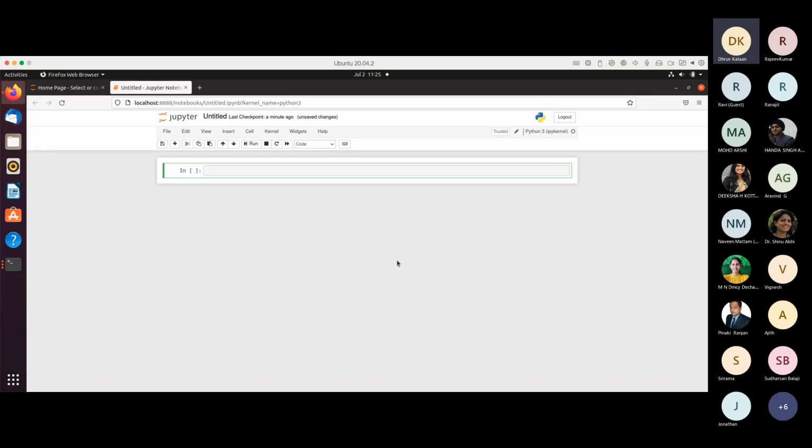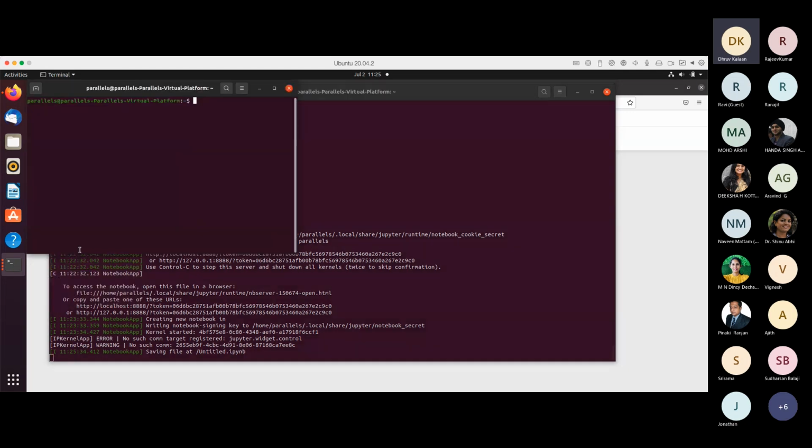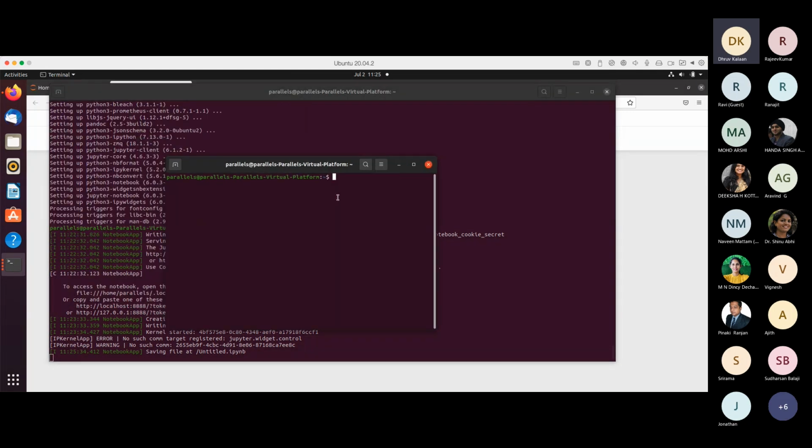MISP and all other frameworks, and even TRAM, which we used, use ATT&CK CTI at the backend. So I'm just trying to show you what that data looks like before we begin. This is the complete raw format of data, and it will be iterated over and over to give you a front end UI when you use different kinds of solutions. We're just going to be interacting with the raw APIs right now and seeing what type of information we get from here. For this, we need to open another terminal